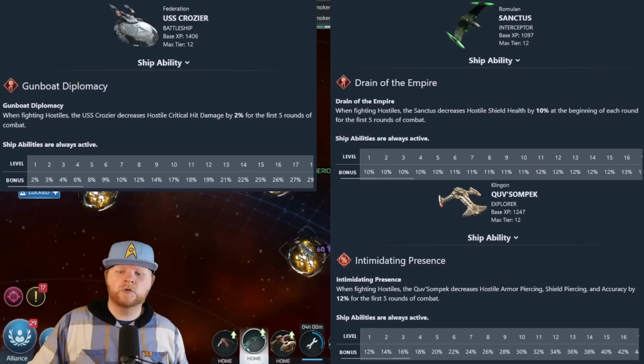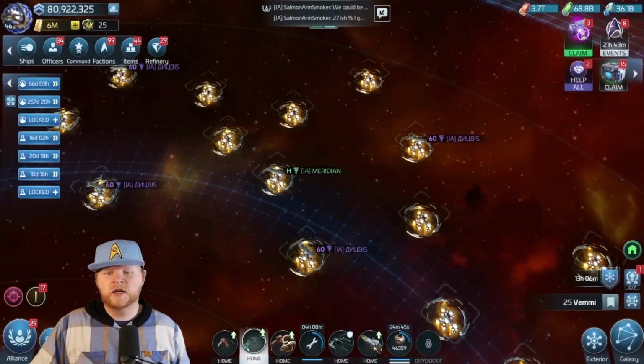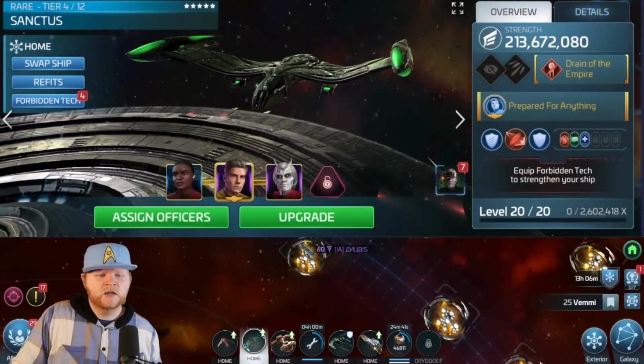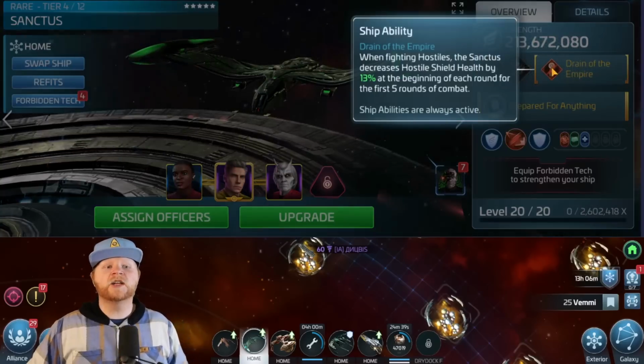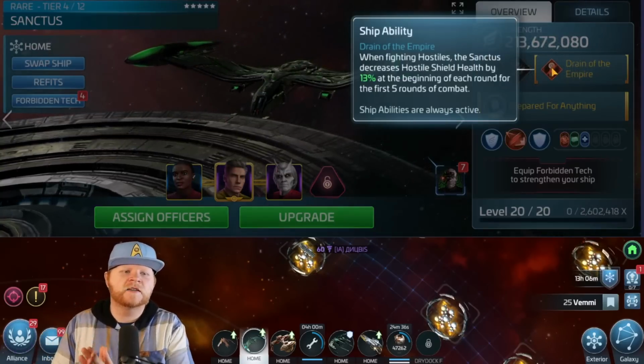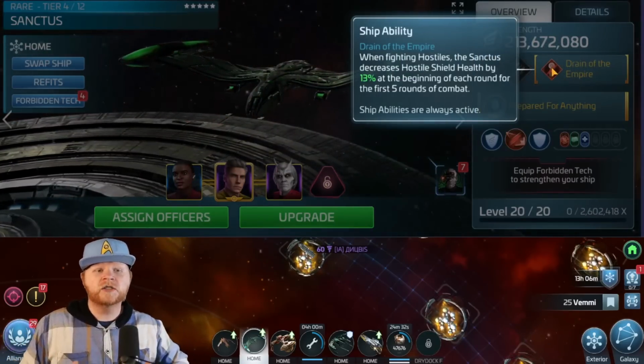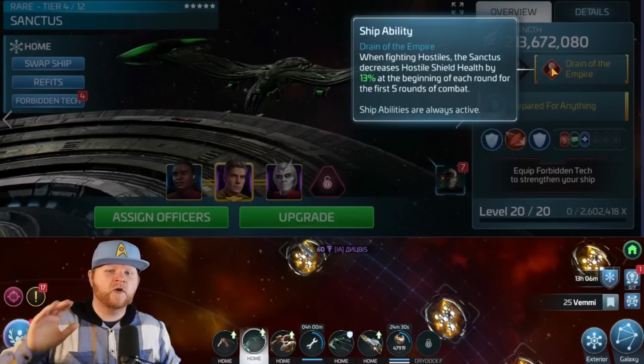So here's what we're going to do. We're going to take all this off the screen, and we're going to rotate this out, and then I'm actually, I don't do this very often, we're going to take a look at my Sanctus, my biggie. So here's my Sanctus. You can see here's my Drain the Empire. When fighting hostiles, the Sanctus decreases the hostile shield health by 13% at the beginning of each round for the first 5 rounds. So that means